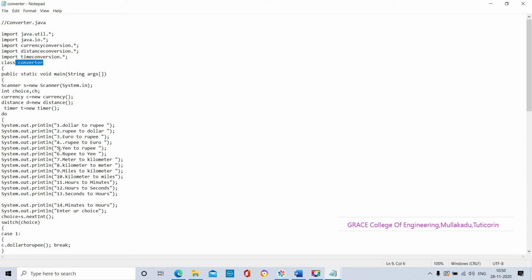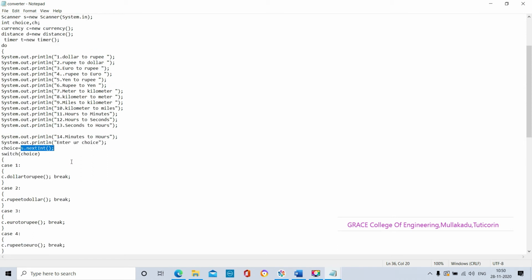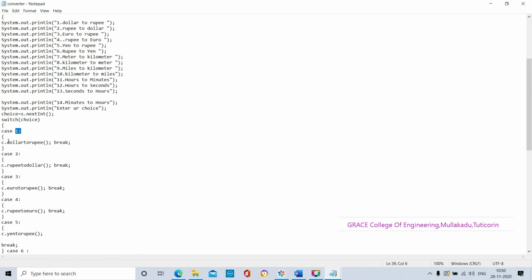Here we are mentioning all the things. Switch case we are using. Switch choice, and choice is getting through the s.nextInt method. If the choice is 1, it will call the dollar to rupee method.